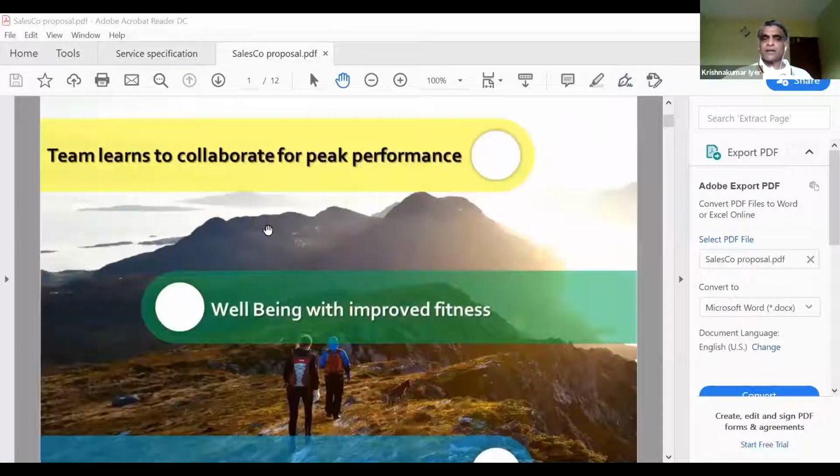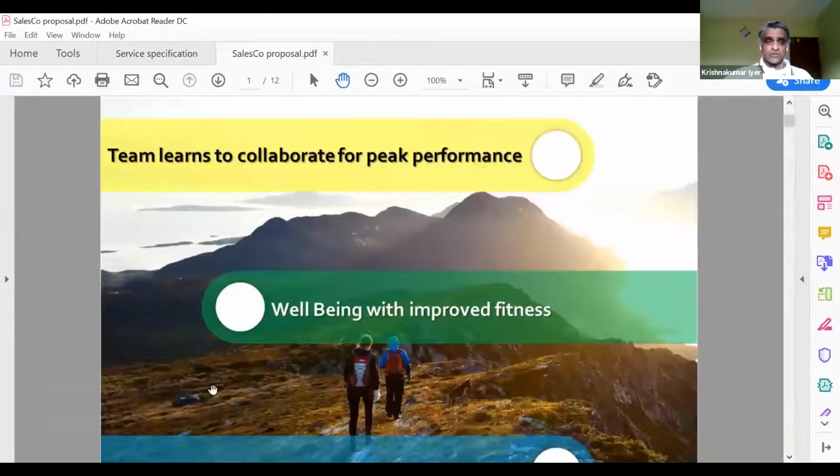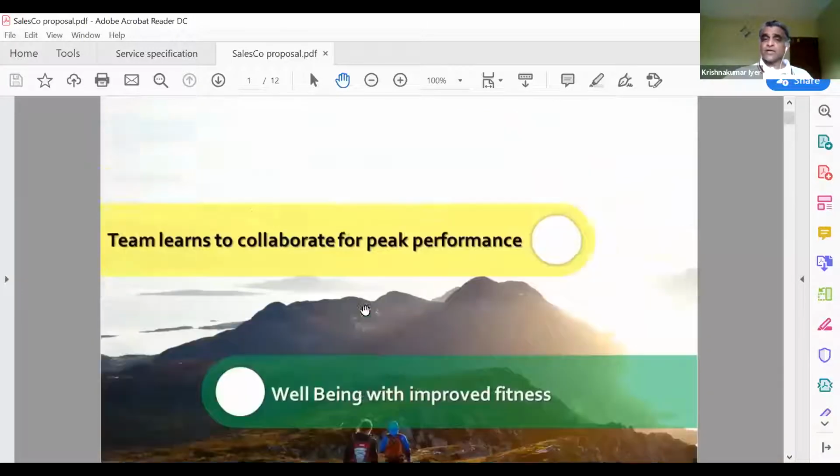So coming back, once we are now into the proposal development stage, what you want to do is put together the proposal which not only addresses the issue, but also talks about how you're going to deliver this entire engagement as far as this particular client is concerned. So I'm going to quickly walk you through how the end proposal looks like, if you adopt the entire methodology of world-class proposals. So what we have adopted here is right from the way you design your cover page.